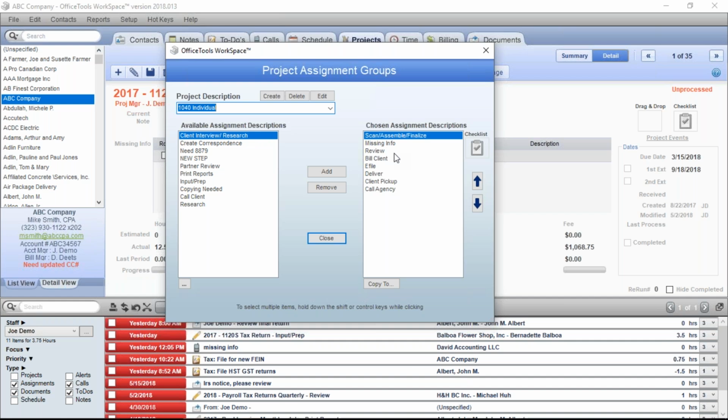And finally, what I'd say for anybody creating or editing their assignment groups here is be very cognizant of having assignments that are not actionable. You want to be careful with having assignments that nobody can do anything about. Now you'll see here, I actually have an assignment called missing info.